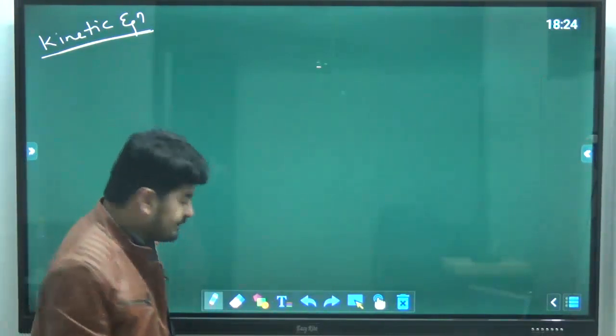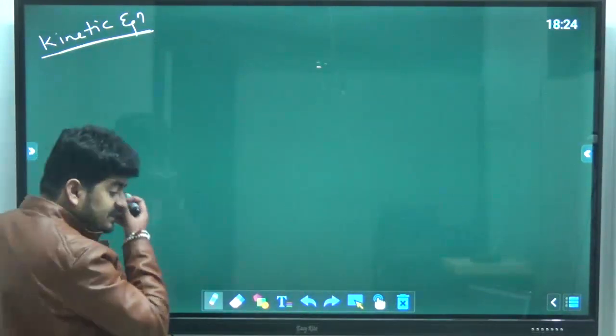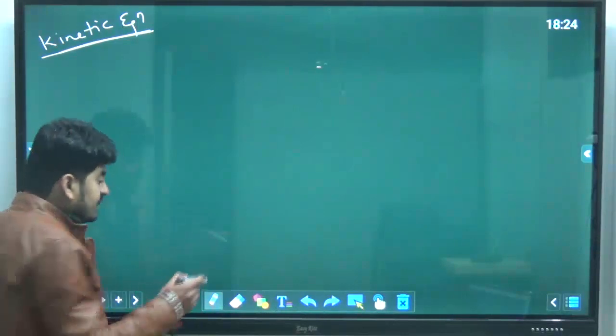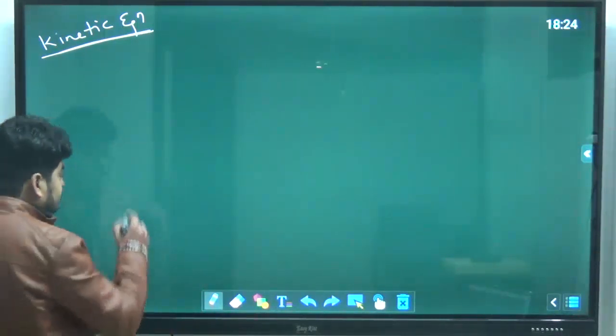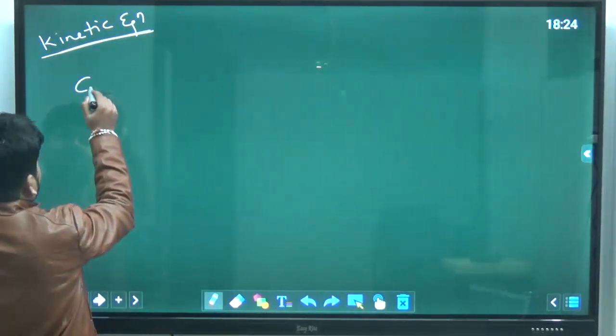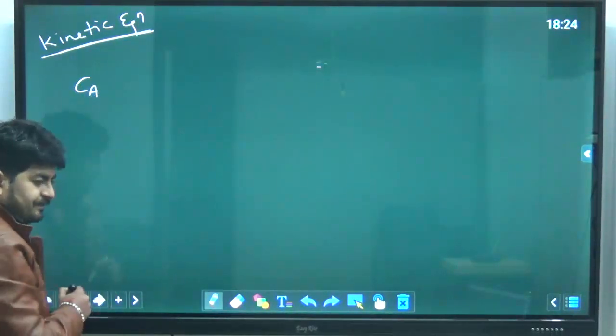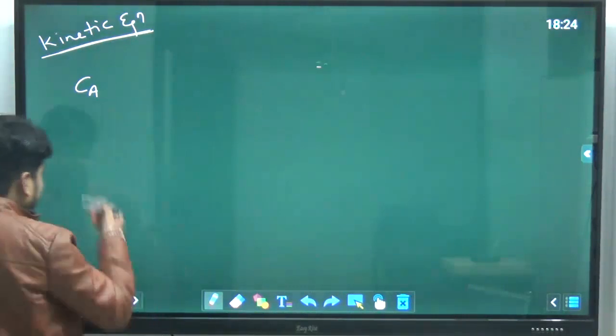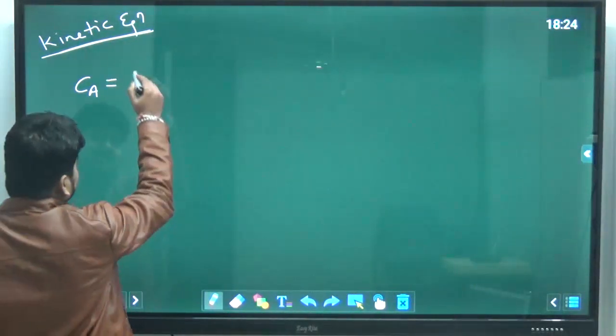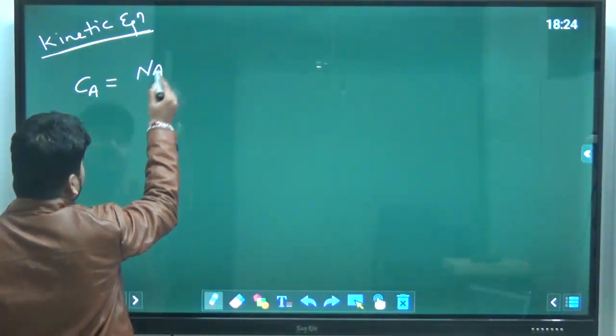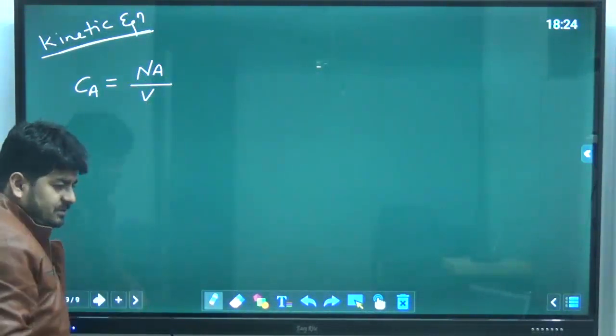Okay, here when we talk about the chemical reactions, we always do our calculations and everything in terms of moles most of the time. So in this subject as well, we will talk about the moles, so we will talk about the molar concentration. Molar concentration for any component, let's say A, we can denote by Ca, which is defined as the amount of A in the volume of the mixture.